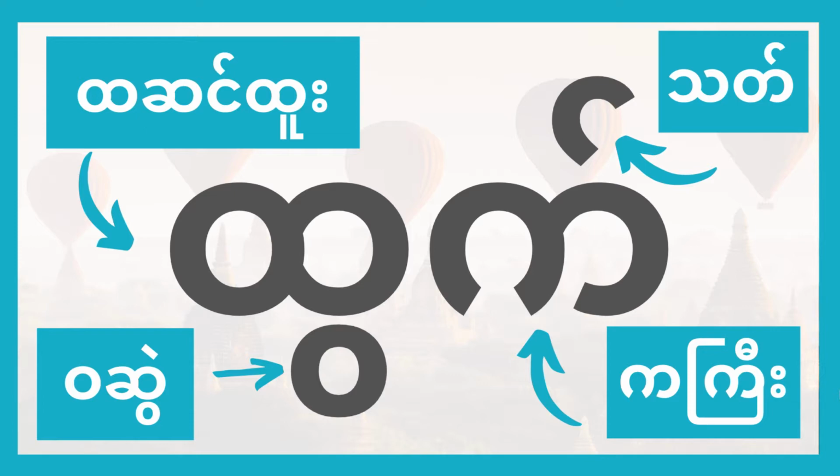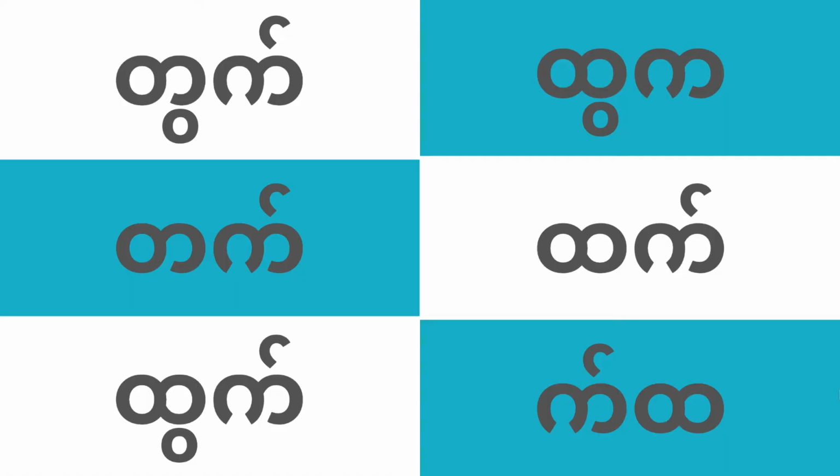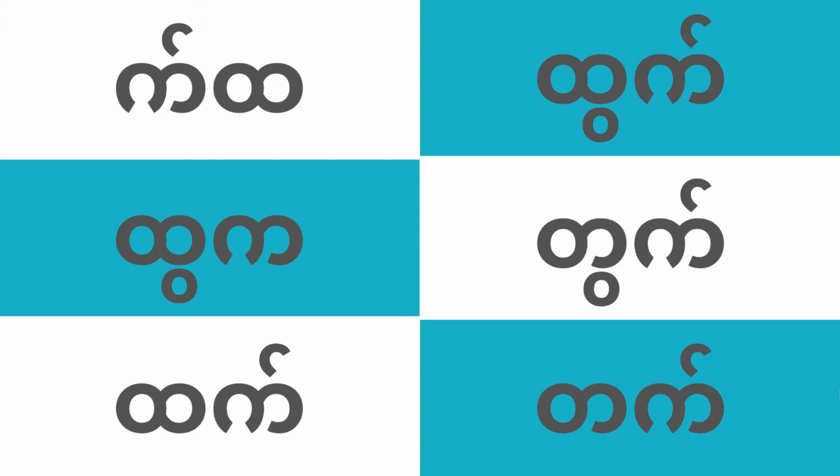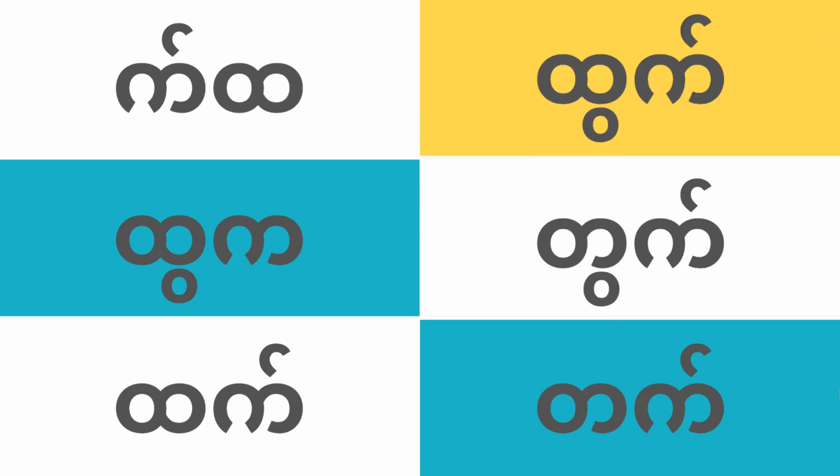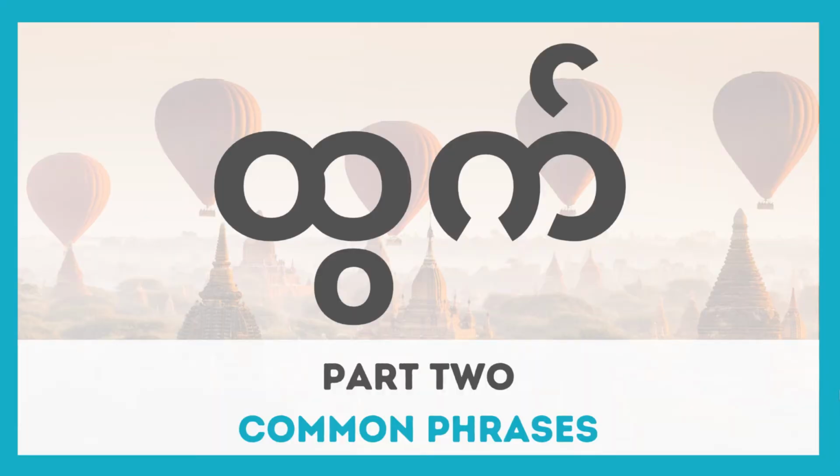Great. Now let's see if you can recognize it. Can you spot the word twit here? There it is. Yes. Tasindu waswe gaji that. Twit. One last time. Can you find it here? Excellent. Well done. Tasindu waswe gaji that. Twit. So now we know what it looks like. Let's dive into part 2 and see the word in some common phrases.